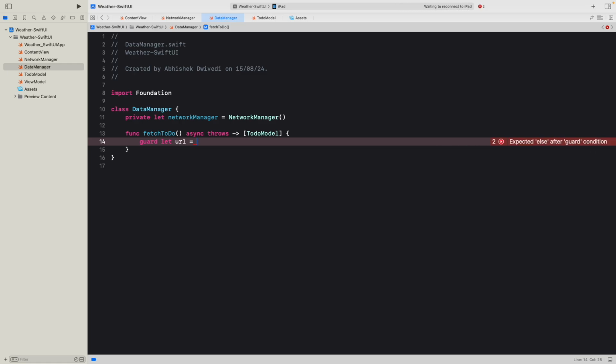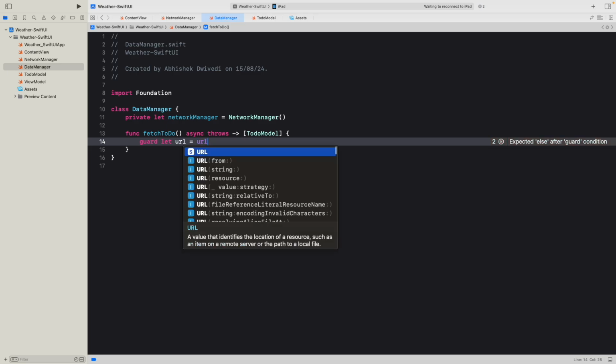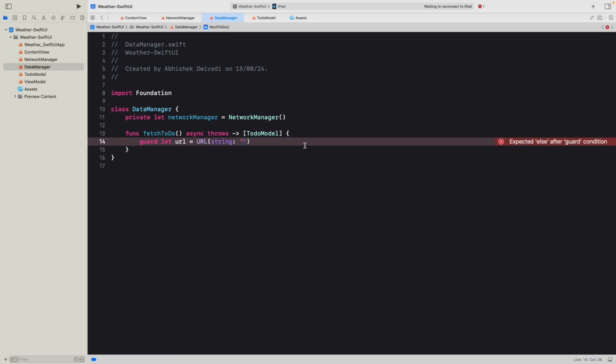We are creating a URL object, URL from a string. So either you can keep it as a string somewhere at the top, or we can directly keep it as of now. But as I asked you to try xcconfig to store these URLs and session key. So you will say URL from URL string, and then here comes our